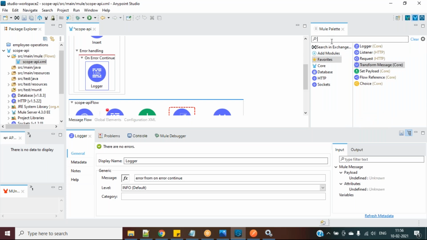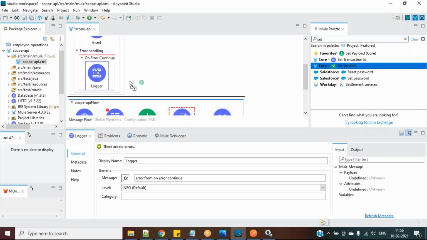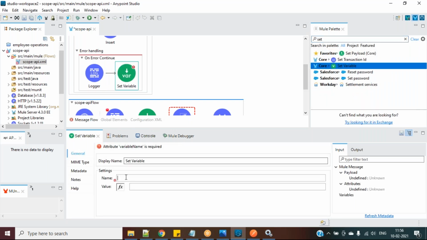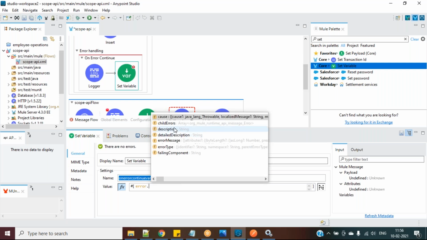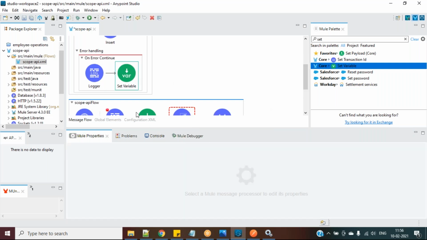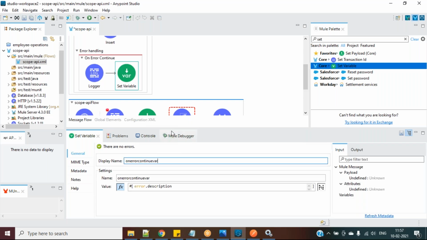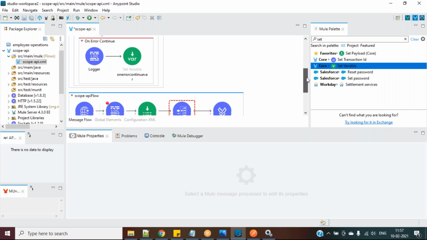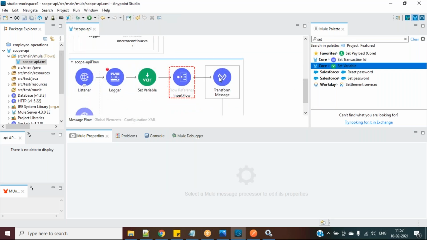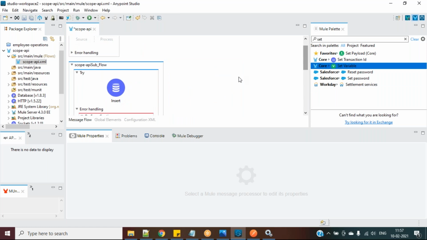And I will set a variable here to understand the scope. In on error continue, I'll keep this one, and I will set the value as something like the error value here, error dot description. I'll keep this variable name here, and I will see whether that variable is accessible here or not. So let me save this,